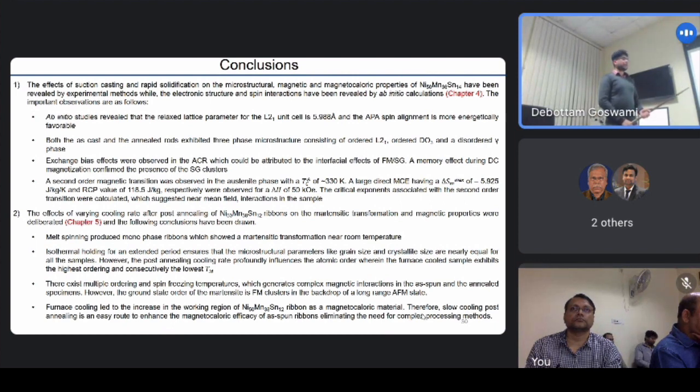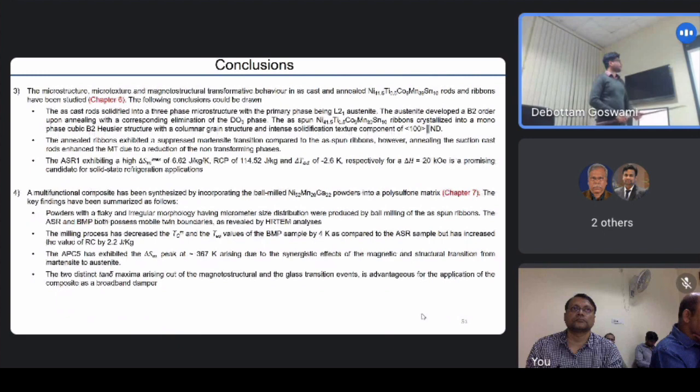We see that the ground state order of the samples was primarily ferromagnetic clusters in the backdrop of a long range antiferromagnetic state. Furthermore, furnace cooling increased the working region of the ribbons, and therefore we can say that slow cooling after annealing is an easy route to increase the magnetocaloric properties of these Heusler alloy ribbons without using other complex processing routes. In the next chapter, we have studied the effects of annealing and suction casting and melt spinning on